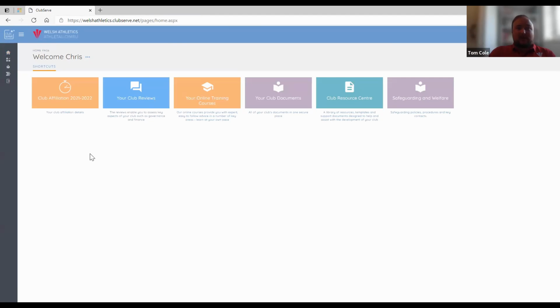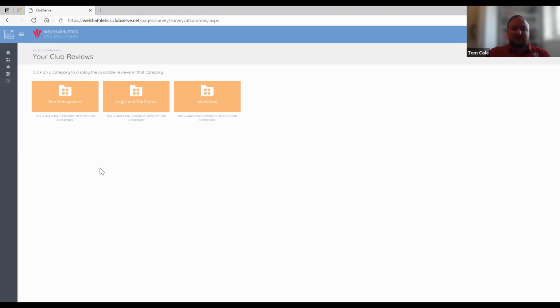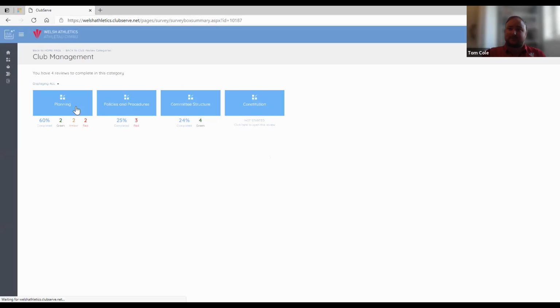Now that we've briefly touched upon the affiliation section, we're going to jump onto the club reviews, which is quite an exciting little tool to use to assess where your club is at currently. As you can see, we've got the three categories here: club management, legal and tax status, and workforce. And then there are also 7 subcategories across these three. So if we jump into club management, for example,